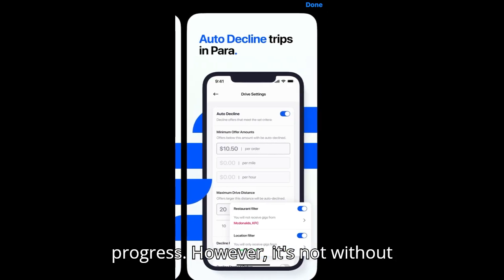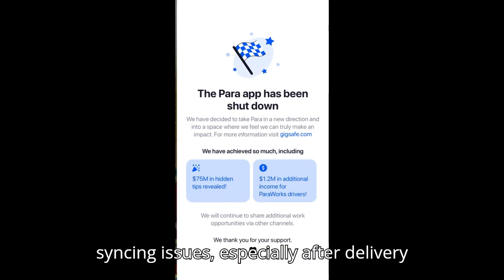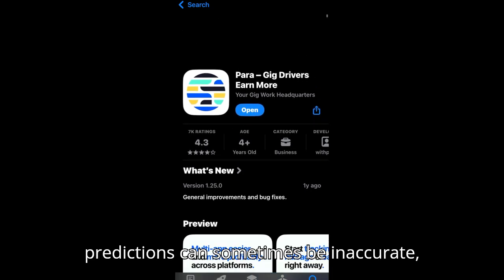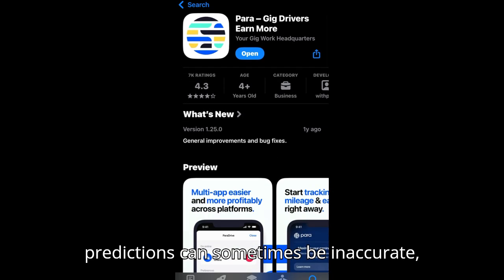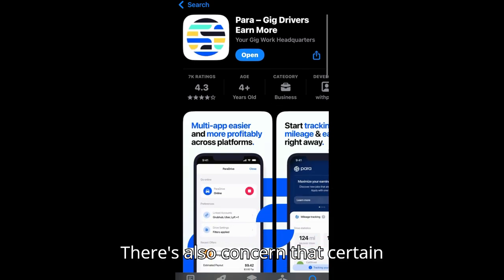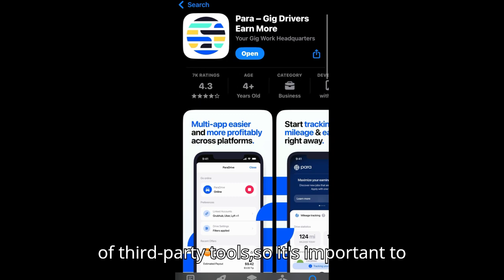However, it's not without flaws. Some users report occasional syncing issues, especially after delivery app updates. Others mention that tip predictions can sometimes be inaccurate, depending on the platform's limitations. There's also concern that certain delivery apps may restrict or block usage of third-party tools, so it's important to stay